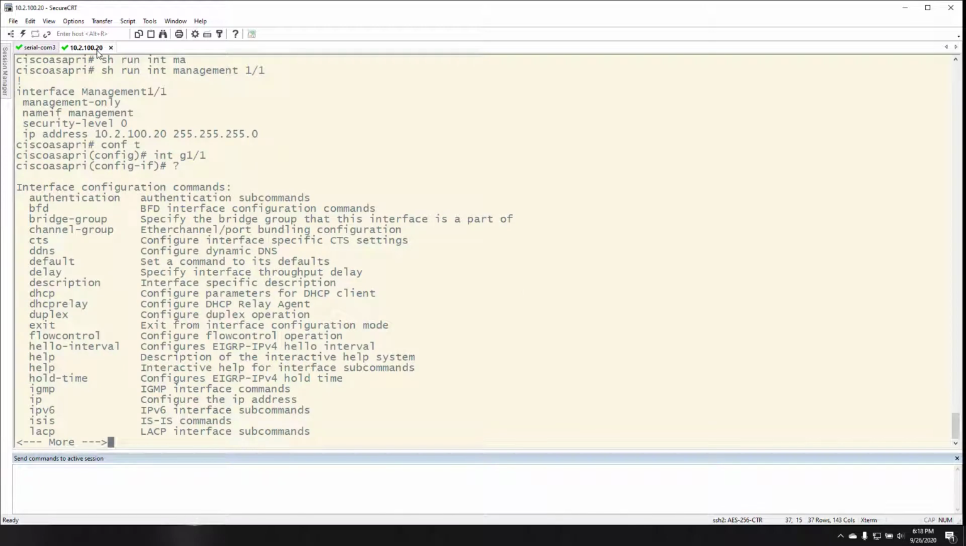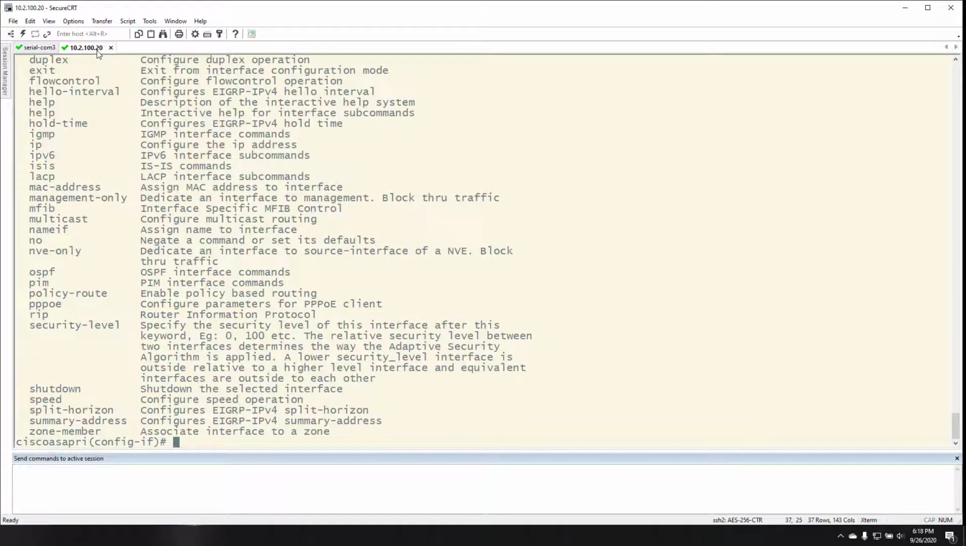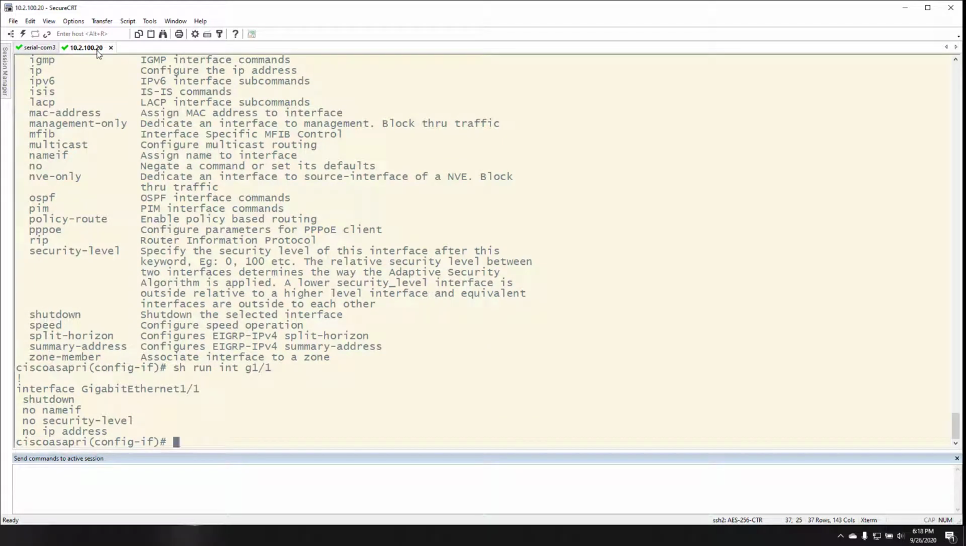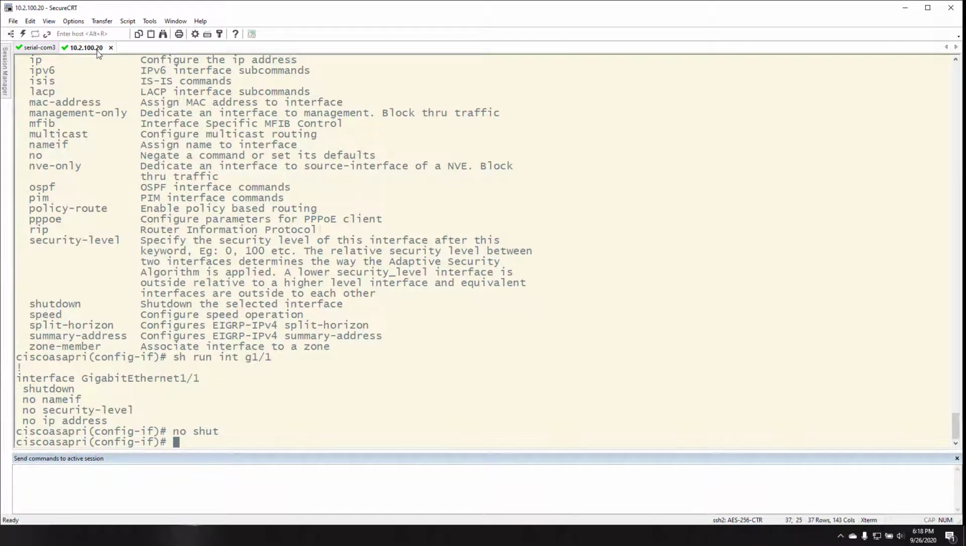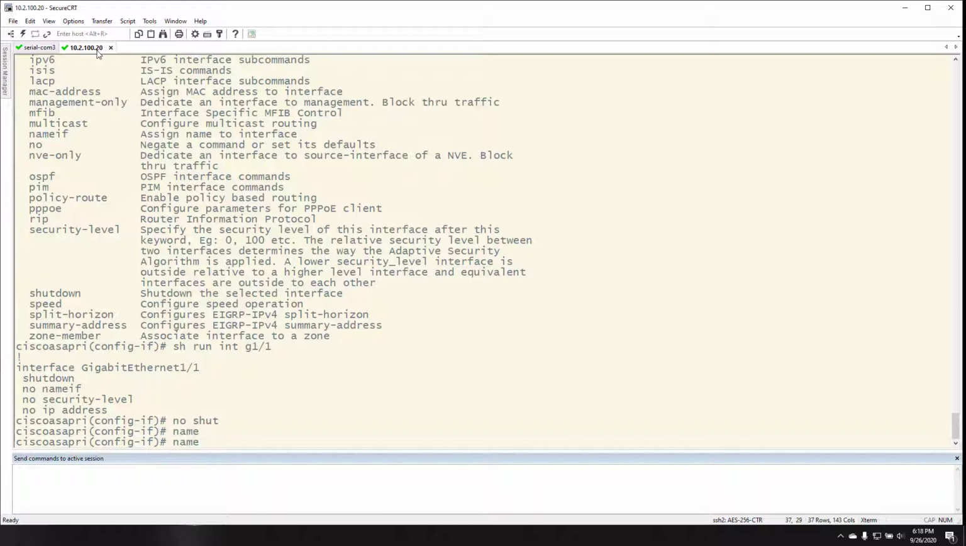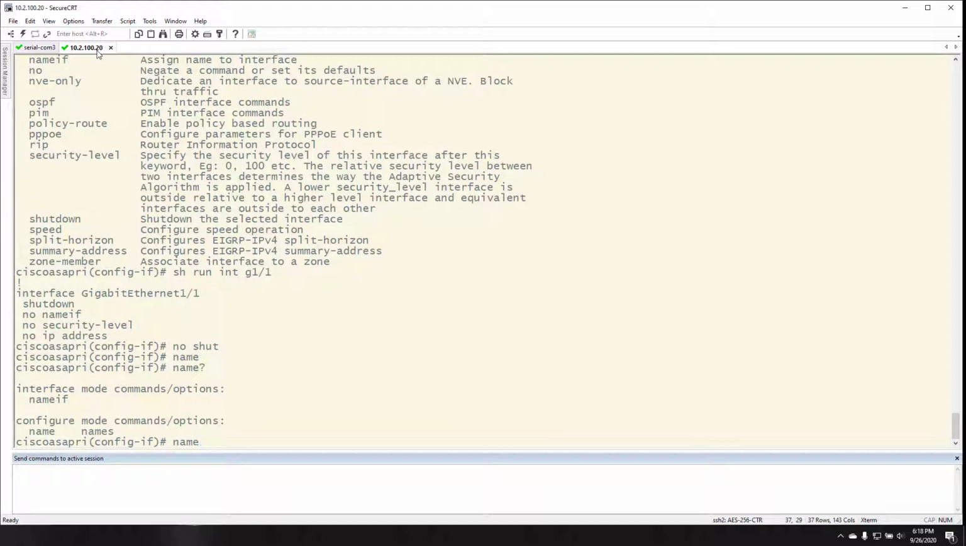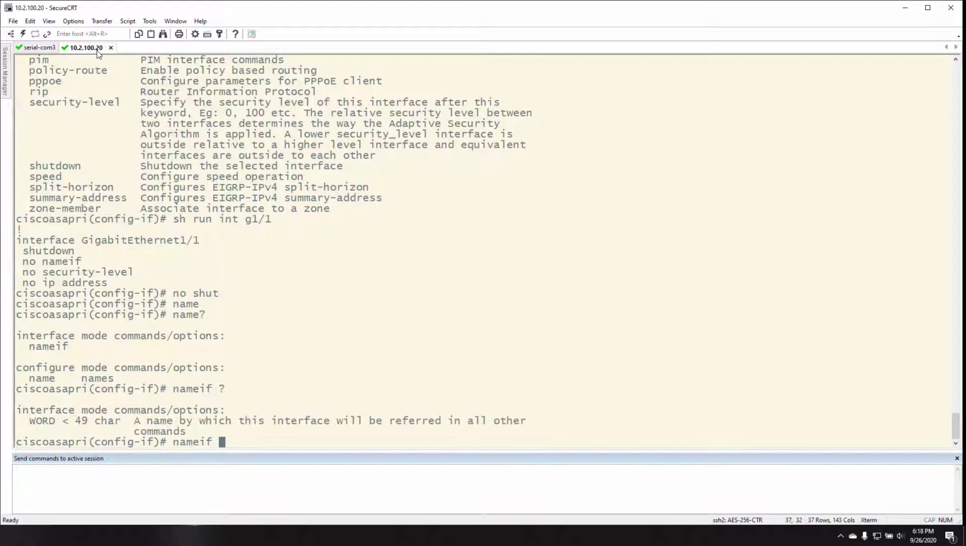From here we have a bunch of different options for configuration, but for now, show run interface gig 1/1. It is currently shut down, so we'll no shut the port. This is going to be port 1, so this will be our inside interface. So we'll create a nameif interface